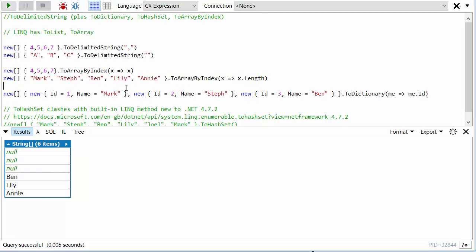What else is there? Well, ToDictionary. So say I've got an array of some objects. I've got an ID and a name property. So I've got a few objects here, and I just want to turn this into a dictionary. I simply provide a func that is the key selector. So in this case, the obvious key is ID. And if I run this,